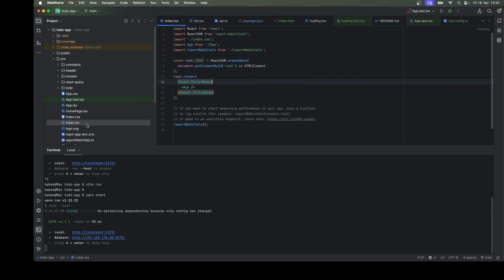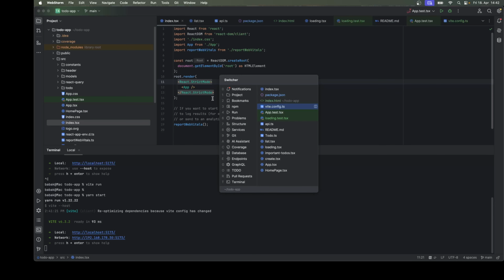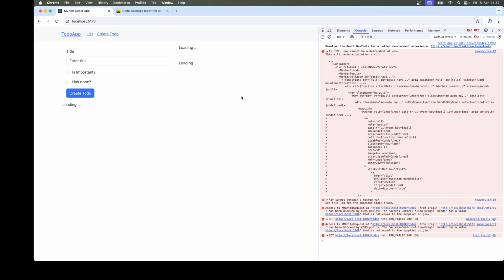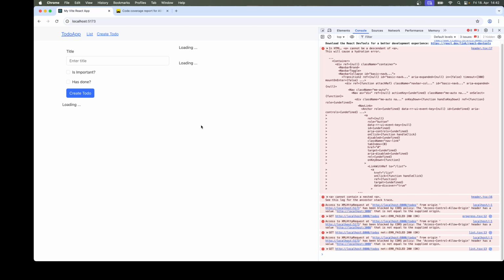Actually, this is a mistake. I should have given to index.html our index.tsx file, not our app. So let us rename it, and perfect. Now we have this, and